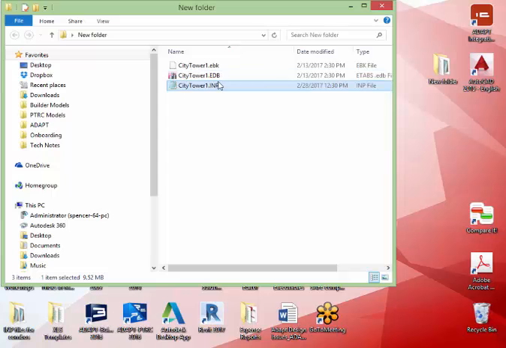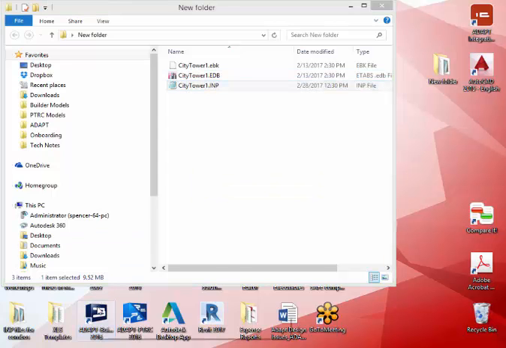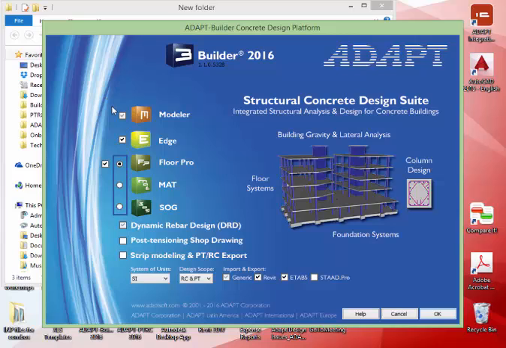that we'll be able to access inside of Builder. So we'll go ahead and launch Builder 2016. In this case, we're going to turn the edge on. We really don't need MAT or SOG, but we want to have Edge and, let's say, Floor Pro turned on in order to access tools within the program that might be useful when we're designing and analyzing the multi-story frame. So we'll select OK,